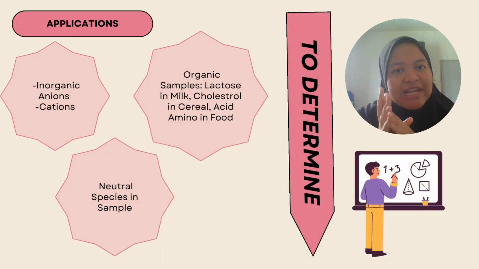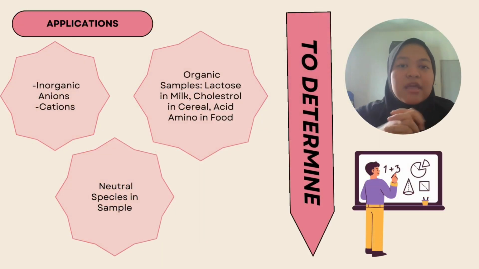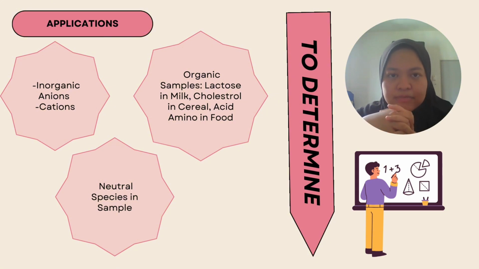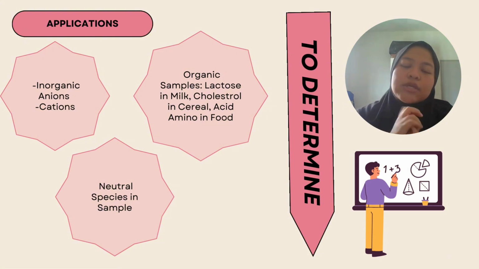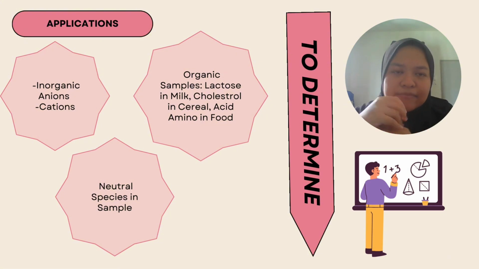Here, I include some applications of gravimetric analysis. Gravimetric analysis can be used to determine inorganic anions such as chlorine and cations such as ferrum. It also can determine neutral species in samples such as oxygen and carbon dioxide. It can also be used to determine organic samples such as lactose in milk, cholesterol in cereal, and amino acid